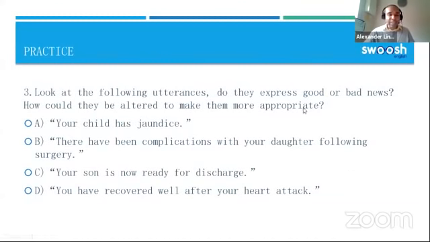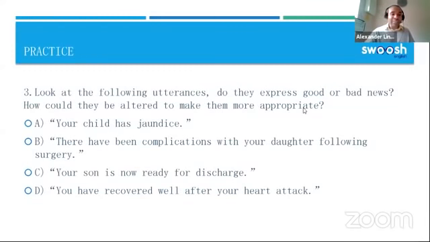For B, anyone? So complications. Okay, so I've not seen any suggestions for B just yet. Another one with jaundice, yep, saying that it's very common as well among young children, among infants. That's another important point to make as well. Yeah, just to sort of help to put the patient a bit more at ease.